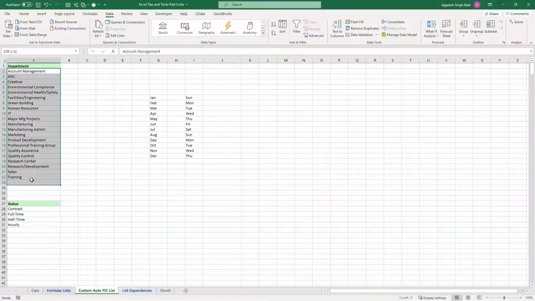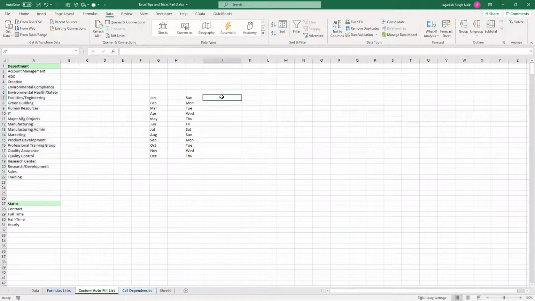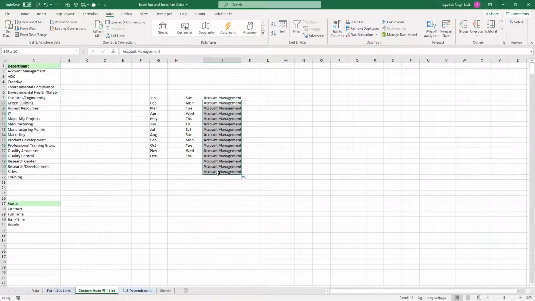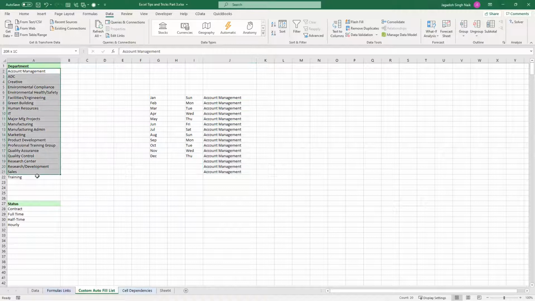Okay, let's say you have a list of departments, and you would want these values to autofill as well. For example, let's say I put account management, and if I do a control drag, obviously I can expect this. But this is a list that I frequently use, and I want it to be available just like this autofill option. However, I'm getting these values only for Jan to December or Sunday to Saturday. So if I want to get a custom list for my frequent usage,